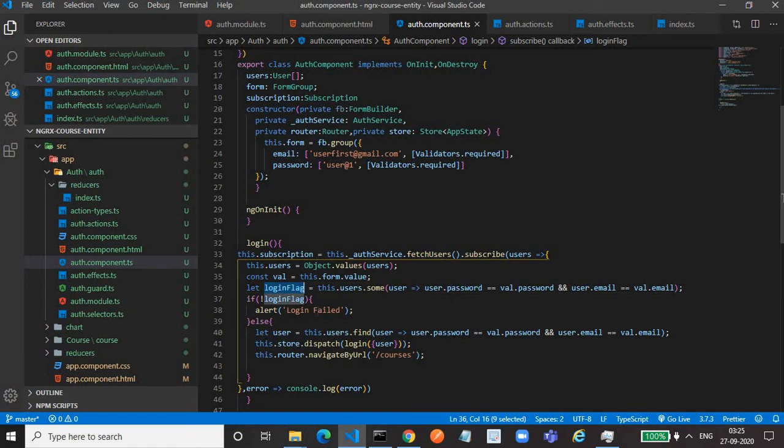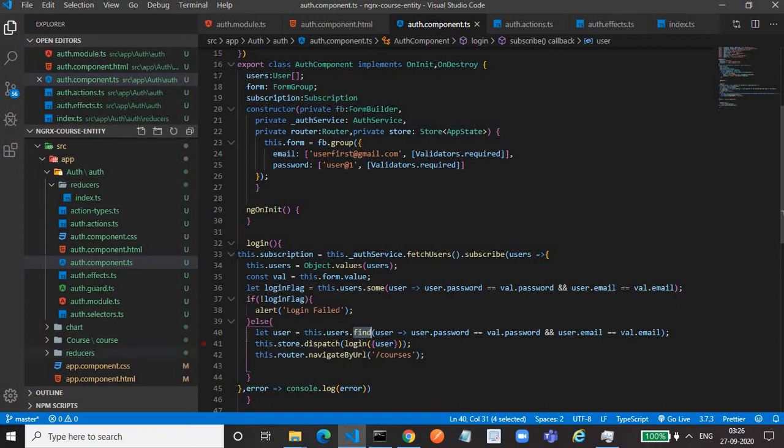This is for unauthenticated users or incorrect users. If the login flag is true, it means it is a successfully logged in user. Then we are retrieving the corresponding user object from the array of users by using the find operator, which is again an ES6 function applicable on the array.